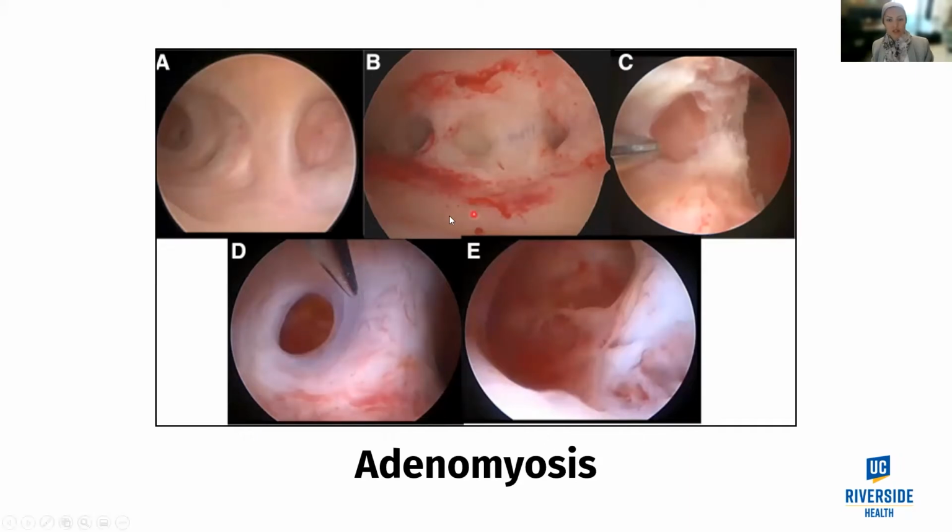Yep, this can be suggestive of adenomyosis when you see microhemorrhage, micropolyps, some inflammation or abnormal coloring of the uterine lining. We biopsy it. So this biopsy is not going to affect fertility negatively. This biopsy allows us to get tissue from inside the uterus, and the pathologist can look at the tissue and comment on whether or not they see those glands and stroma inside the lining of the uterus or in the muscle layer of the uterus. Next slide, please.